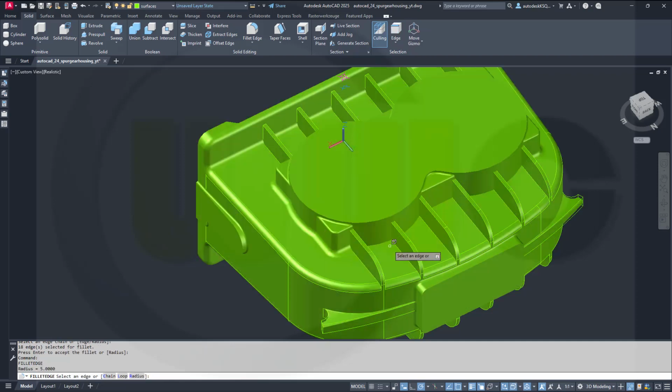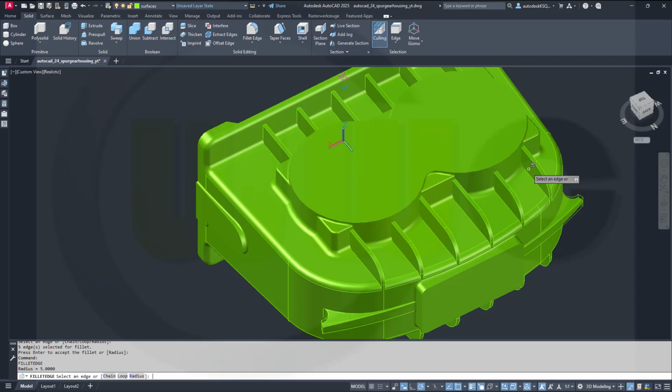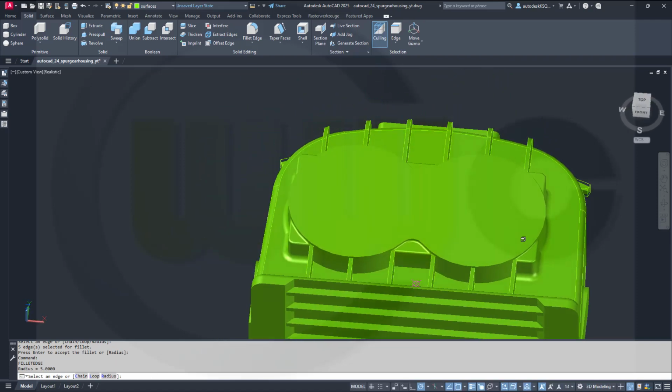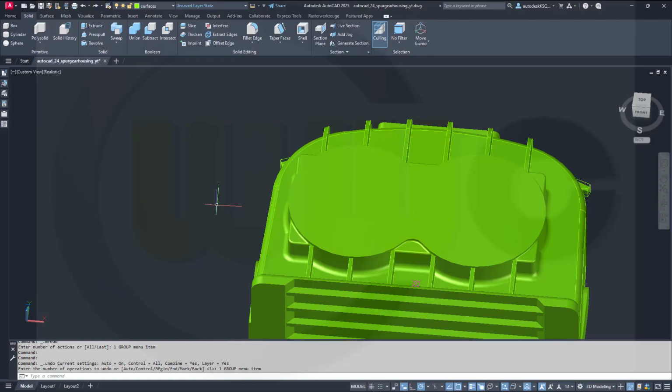Repeat. Now I don't need a chain. Enter, enter, repeat. Enter, enter, and now bring back